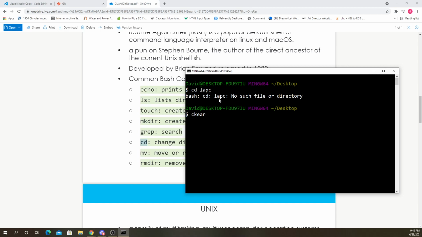Now, what happened? Ooh, I did something. So all this typing, I did something. I kind of lost my lapc folder. I moved it somewhere. I don't know where. Well, that's a bummer. I just lost my lapc folder.